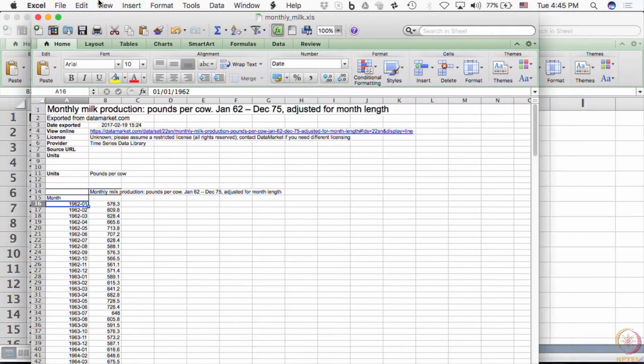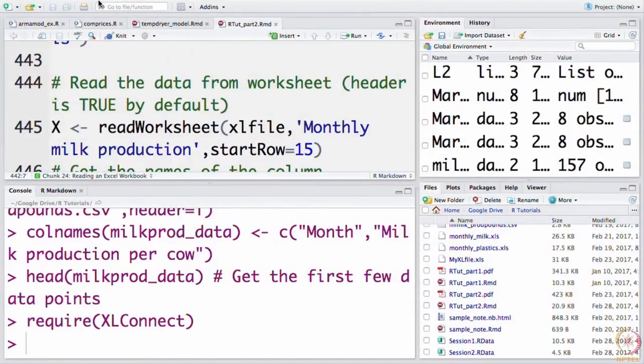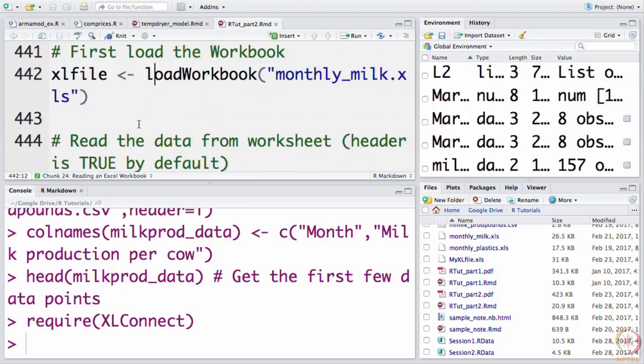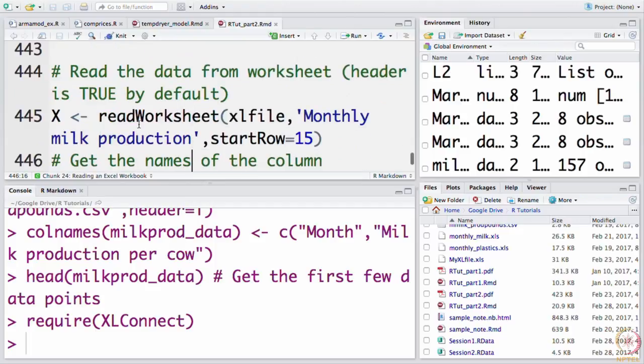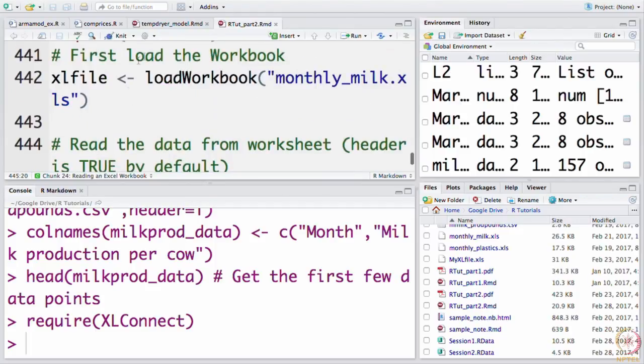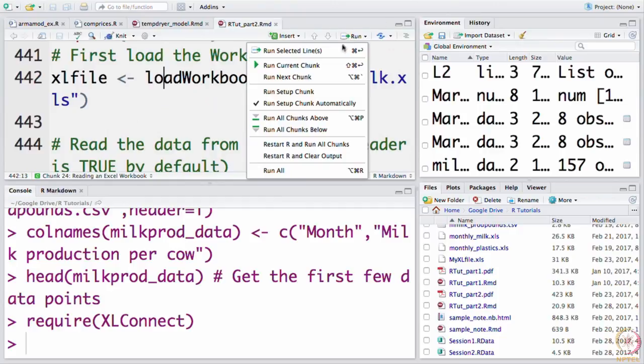So, I will tell you the name of the worksheet. The name of the worksheet is monthly milk production. I have named it that way. So, now to read a specific worksheet from this object that contains information about Excel file, you use the readWorksheet file name. Notice the uppercase for W here in the readWorksheet and also in the loadWorkbook. Do not miss out on the uppercase. So, that is it. So, Excel file is the pointer.